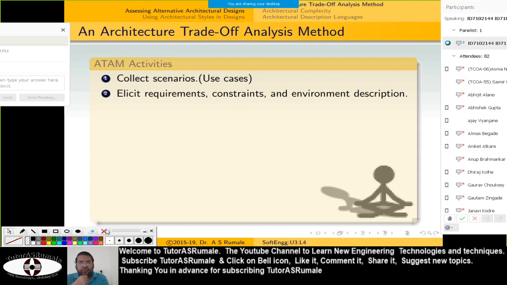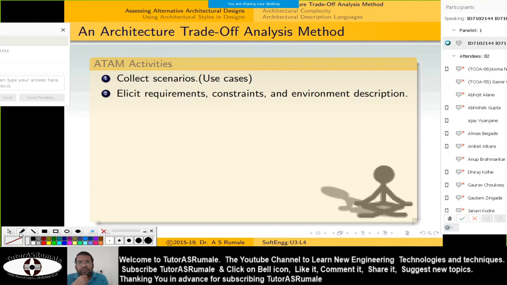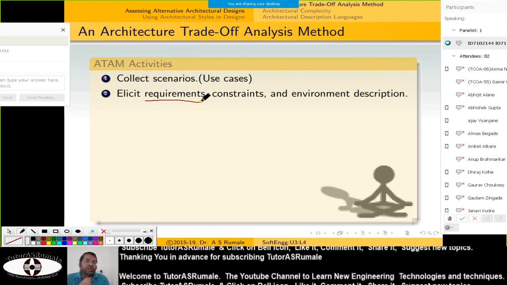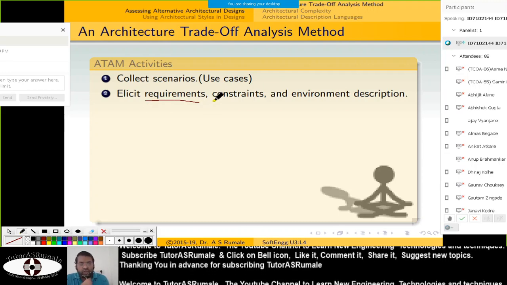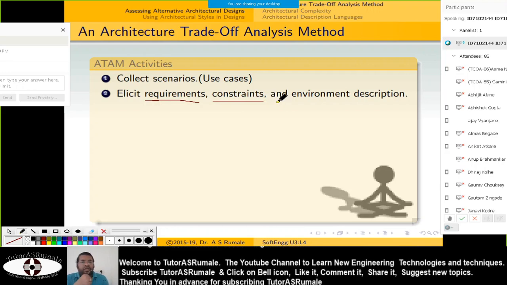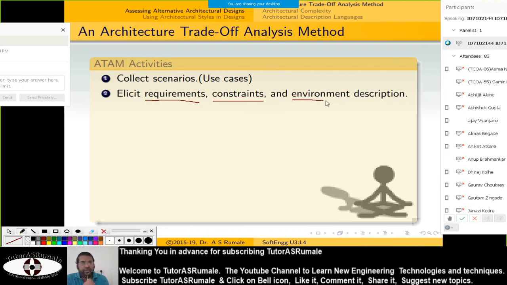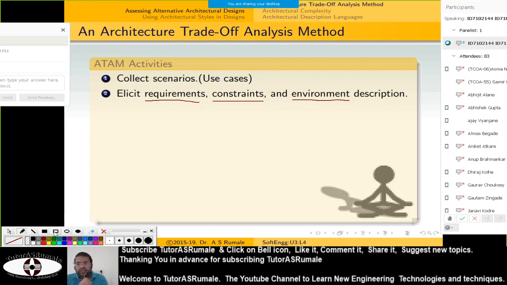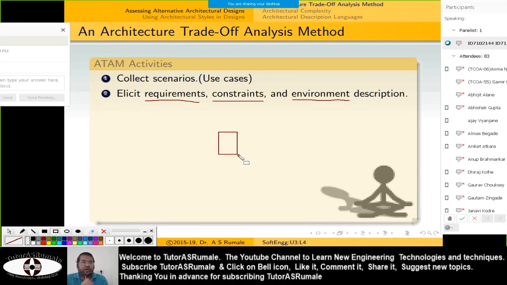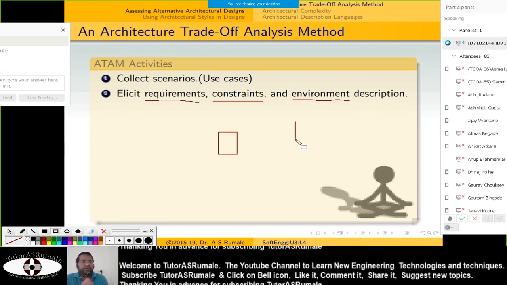So first you have to elicit all the requirements in a software. Okay, so you elicited all the requirements. Now what are the constraints for the software that are elicited? Then the environment. When I'm saying the environment, suppose this is your central system, and this central system is going to communicate with other systems.